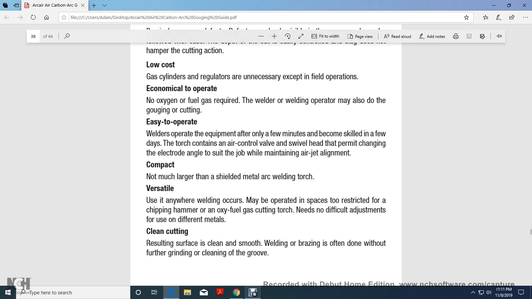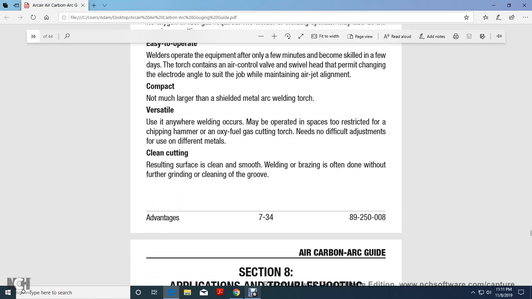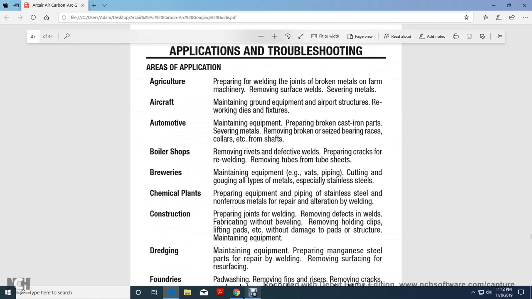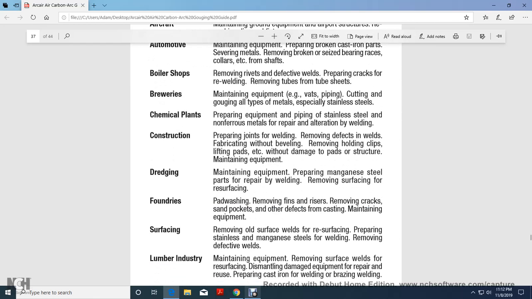Cutting torch needs no difficult adjustment. You use the different metals. Cleaning, cutting, resulting in surfaces clean and smooth, the welding and the brazing is often done without further grinding and cleaning of the groove. Section 8, application and troubleshooting. Agricultural, aircraft, automotive, boiler shop, breweries, chemical plant, construction, dredging, foundry,